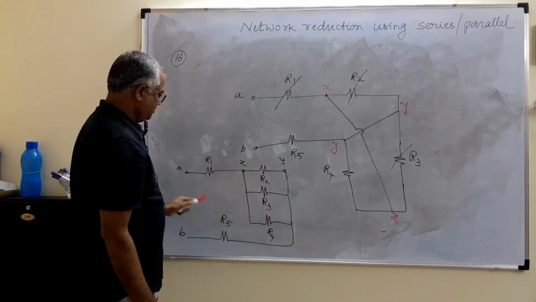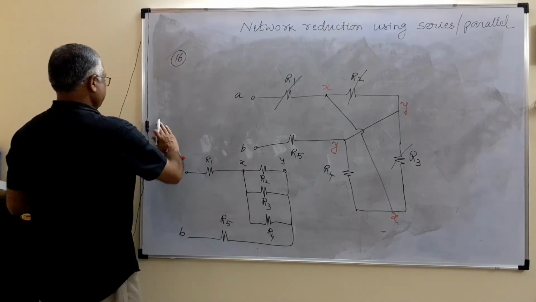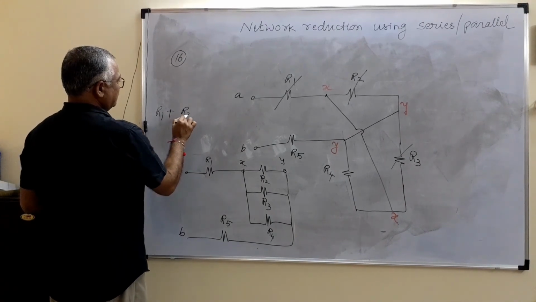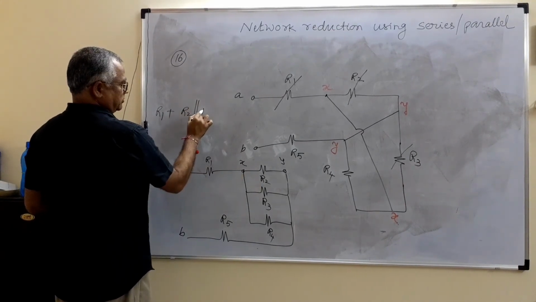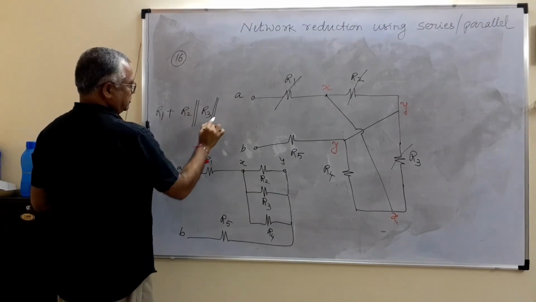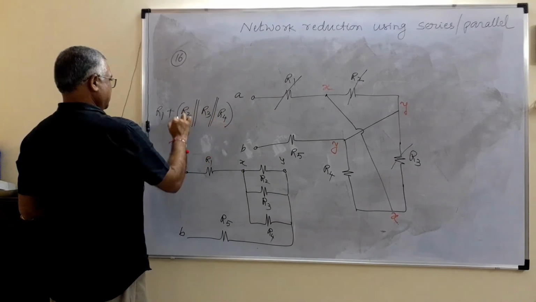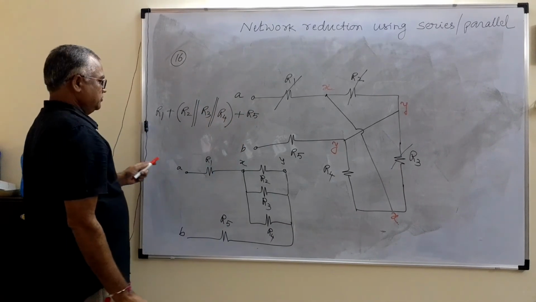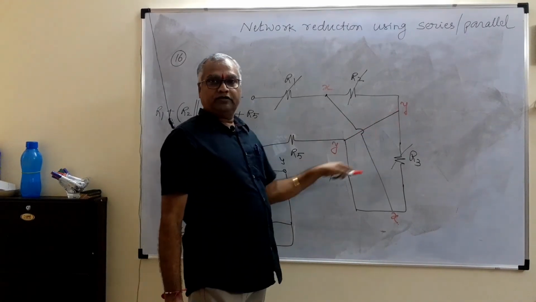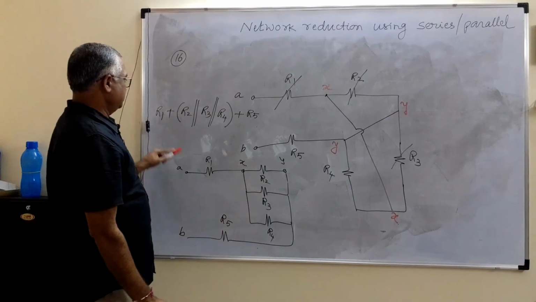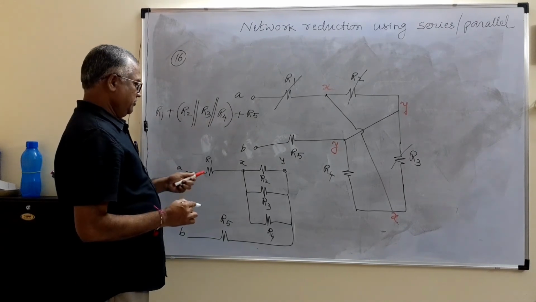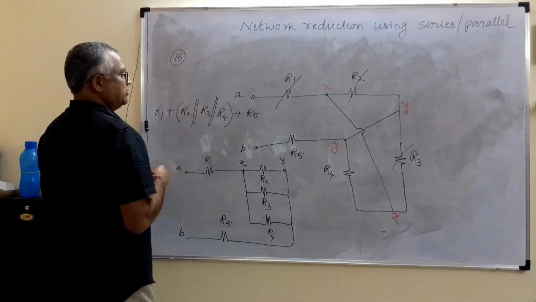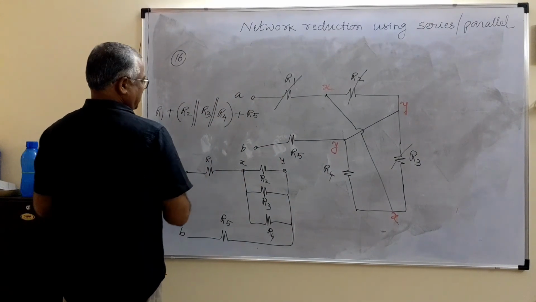These three are parallel, all of them in series. So therefore the answer is R1 plus R2 parallel with R3 parallel with R4, in series with R5. So this is the simple technique I applied, and redraw, then you can answer. Without redrawing, without assuming like this, think continuously for half an hour, you will get a wrong answer mostly.